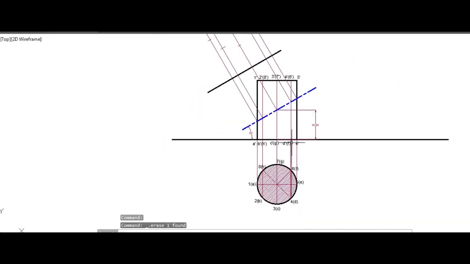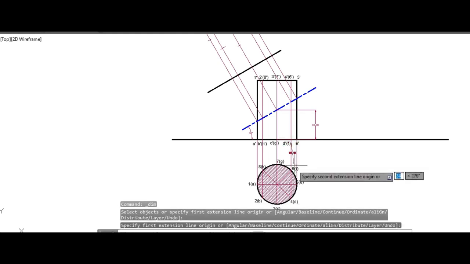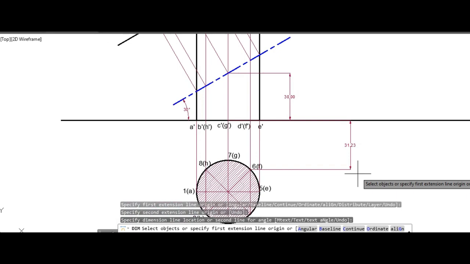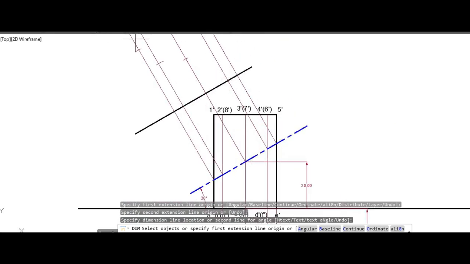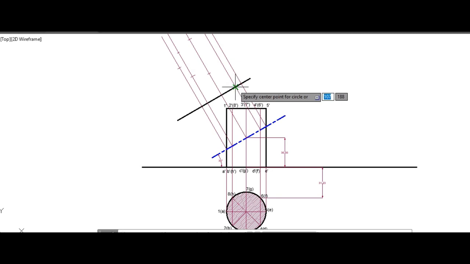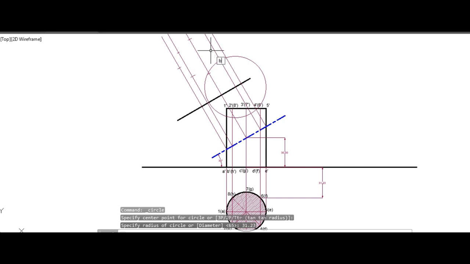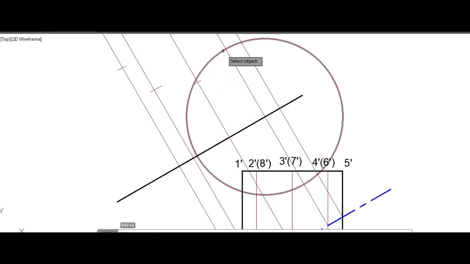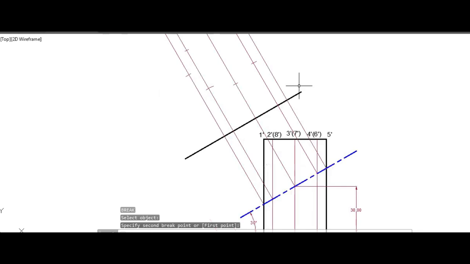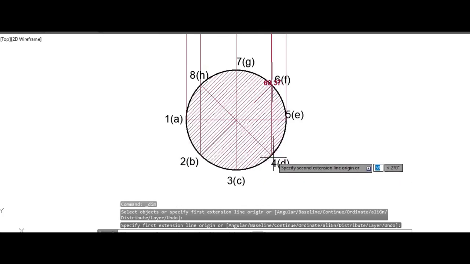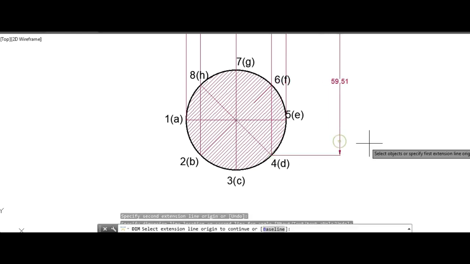The distance from XY to 6 is 31.23. The distance from XY to 4 is 59.51.